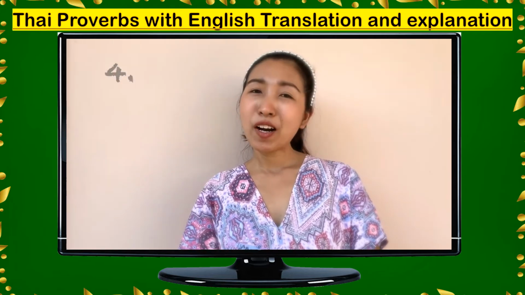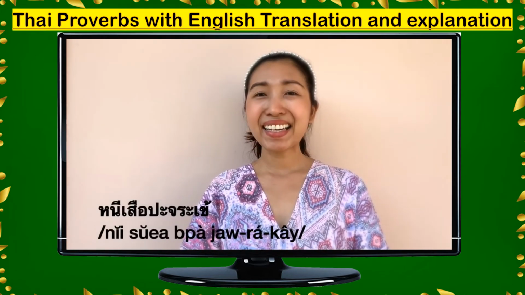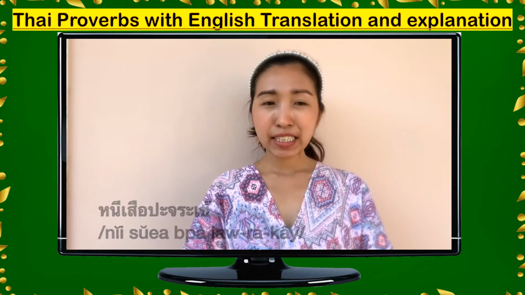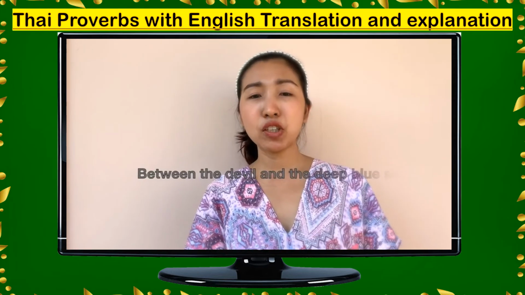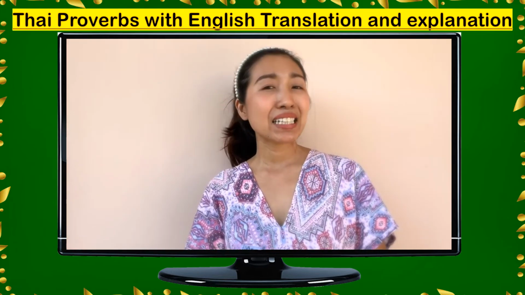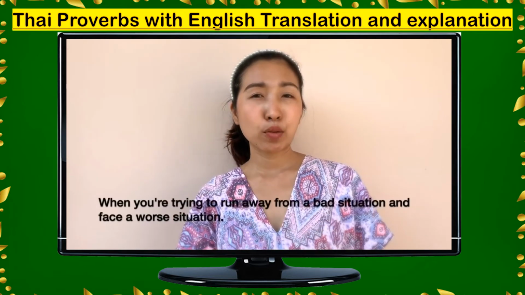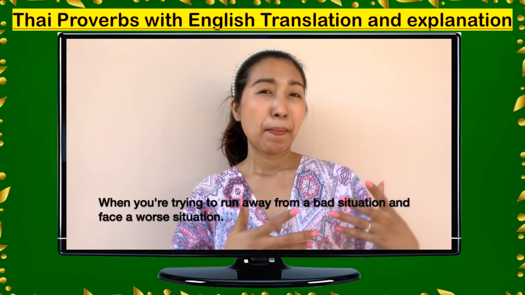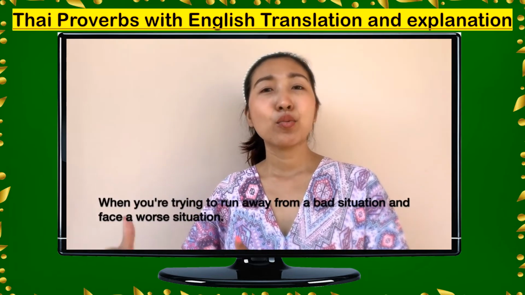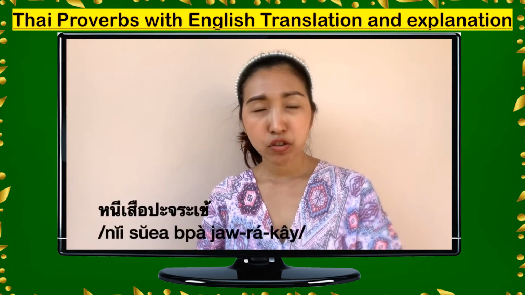Alright, number 4 is หนีเสือปะจระเข้. This phrase in English is between the devil and the deep blue sea. So let me explain this. หนีเสือปะจระเข้ is when you try to run away or get away from some bad situation and then you just face the worst situation. So in Thai we say หนีเสือปะจระเข้ So หนี